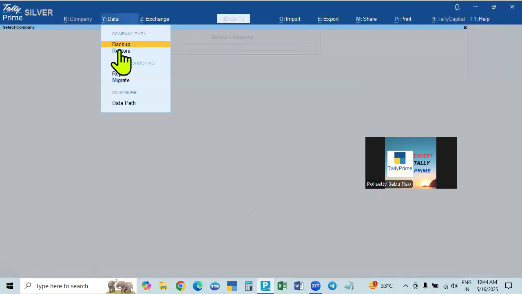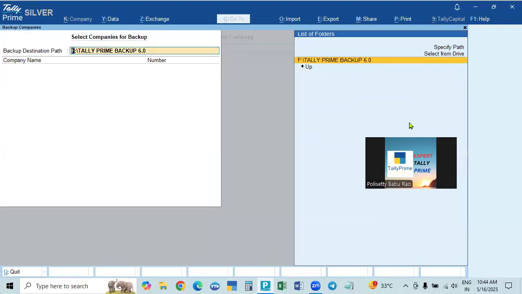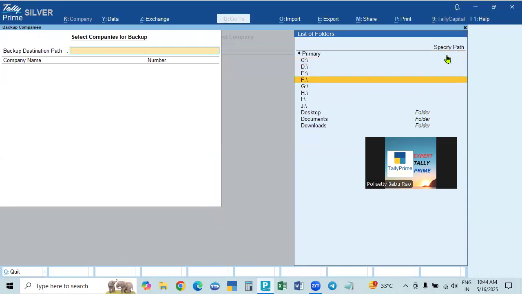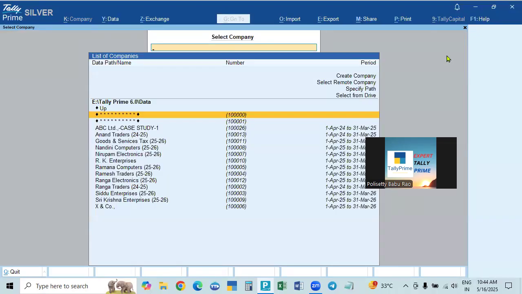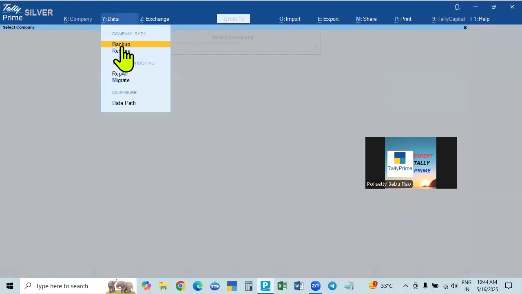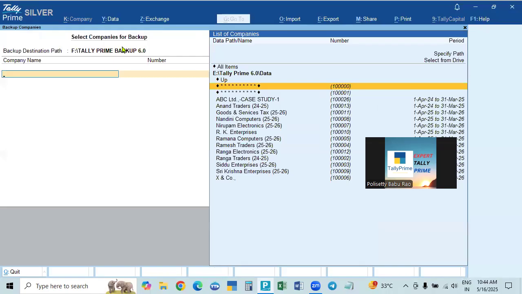So when you go to the backup page here, you need not select the drive from the second time onwards. Every time you would have to select from drive, select from F drive and select the drive. So you need not do that. Sometimes we may select some wrong path also. That is why if you do this, when you click the auto backup, the default